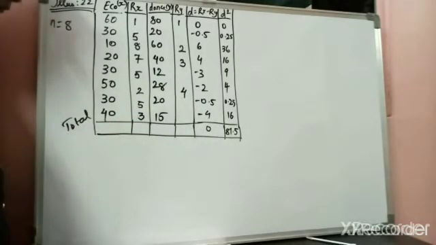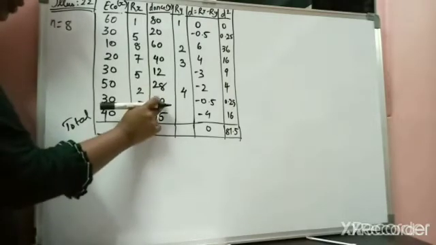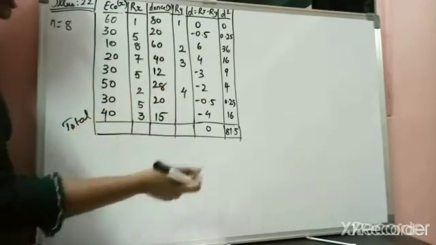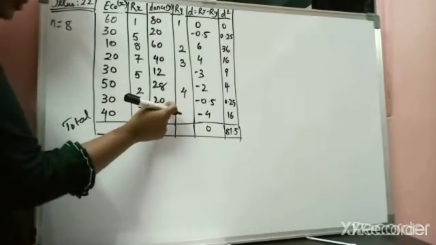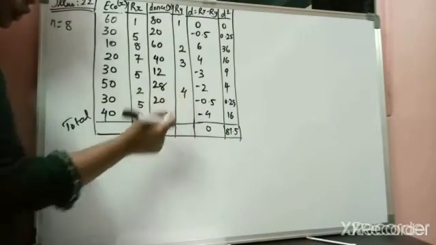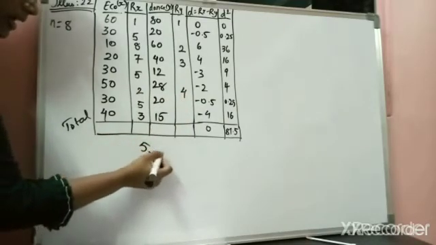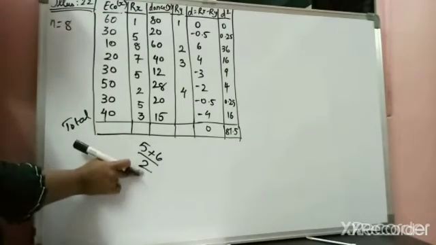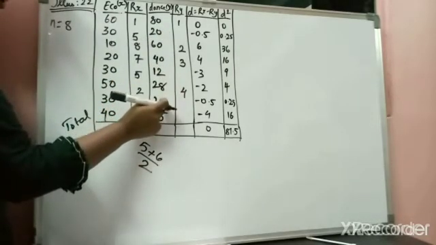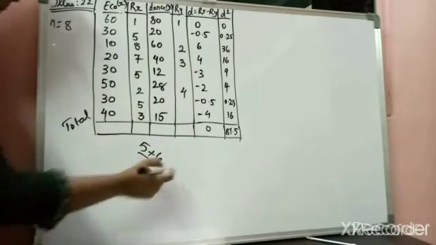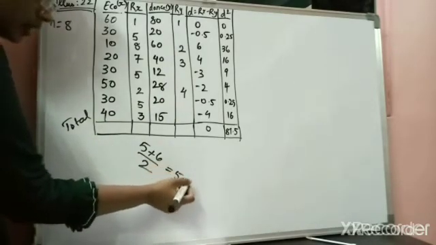Okay. Then after 28 we have 20, that is repeating twice. Okay, 1, 2. So how would you calculate the rank for the number 20? See here you have ended over here at 4. So after 4 you are taking 5 plus 6 divided by 2. Why 2? Because it is repeating twice. Okay. So 5 plus 6 divided by 2 would be 5.5.